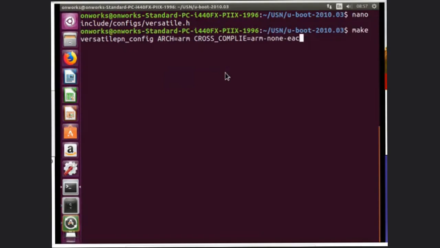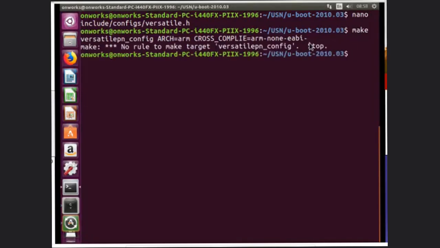Very important. When you're giving EABI, you end with a hyphen. What this hyphen says is you are not compiling only the main toolchain, but you will also compile the sub toolchains like AS, LD, GCC, everything which is present after this hyphen. So everything you are giving for the cross compile. So this hyphen is very important. Once you give this,